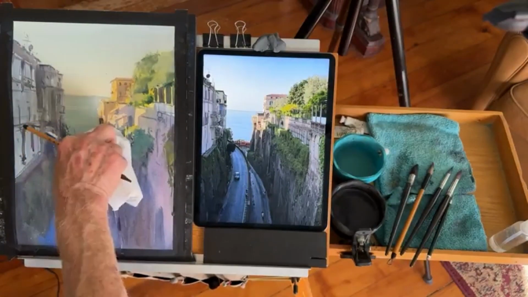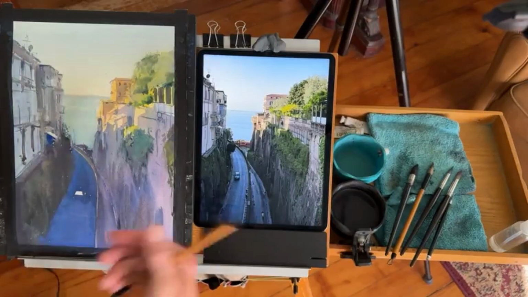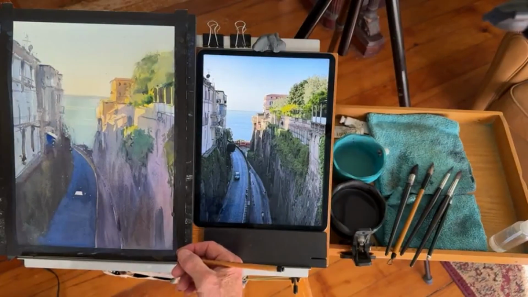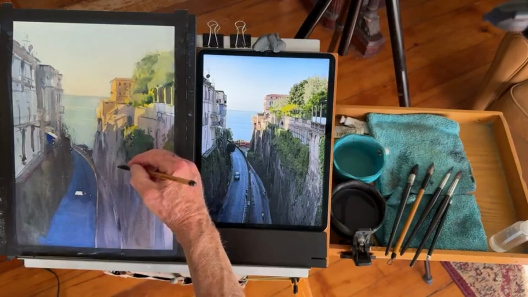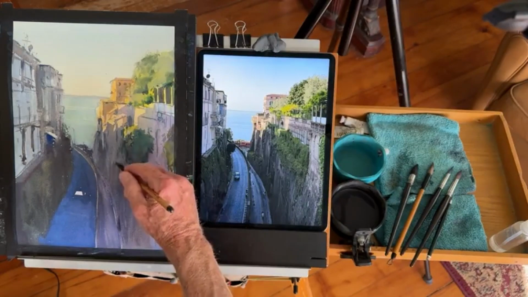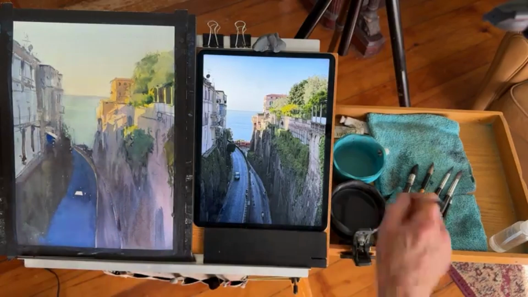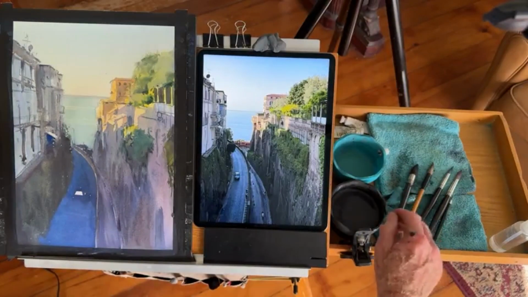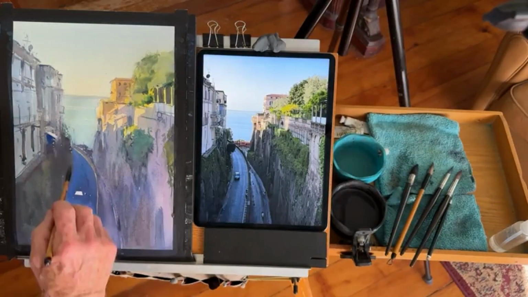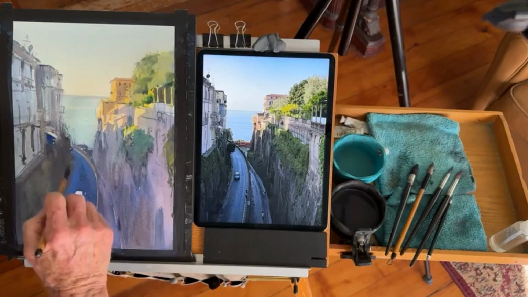Press, don't rub, press. How about some in here? I'm just going to leave that. I'm not going to press that. In the road itself,